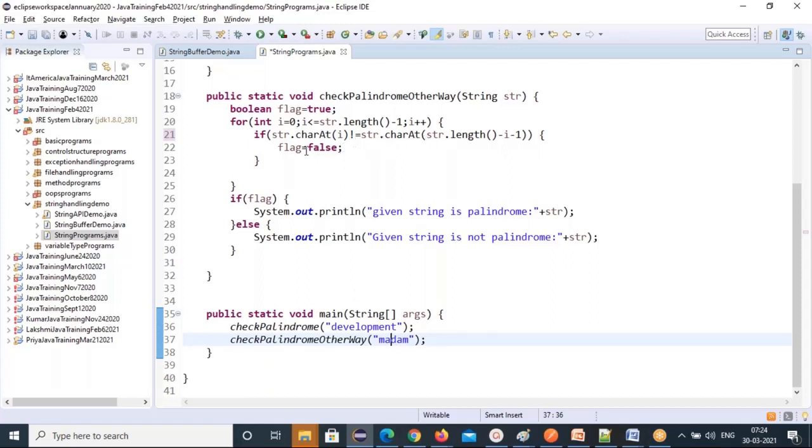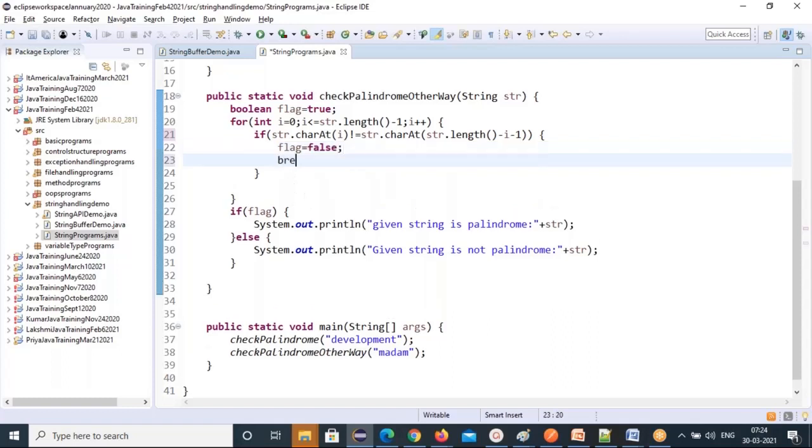So then what will happen? The flag will be set false. Then you need to do one more break and break it, right? If your condition is set here true and you set the flag false and break it, exit from the loop. You don't want to continuously check here. So D and T both are not the same. It's not equal. So then flag will be set, then it'll exit.